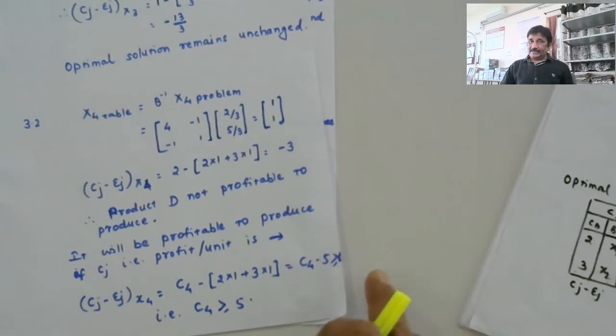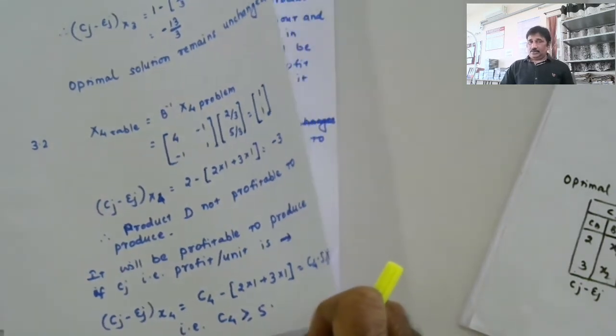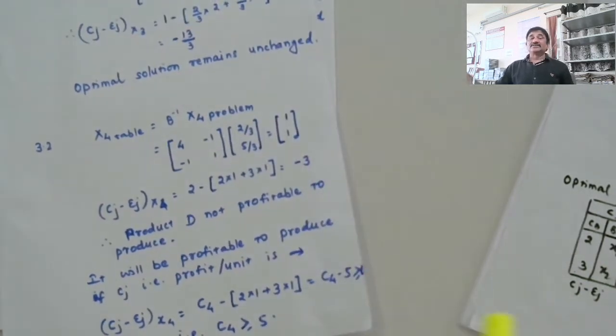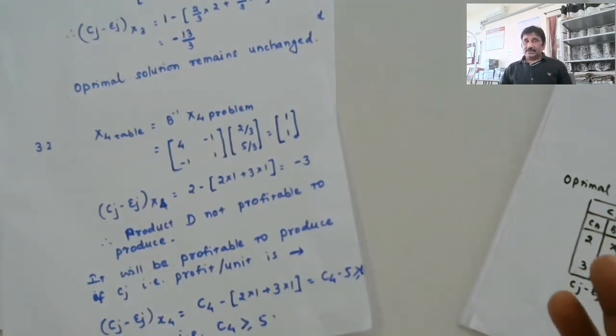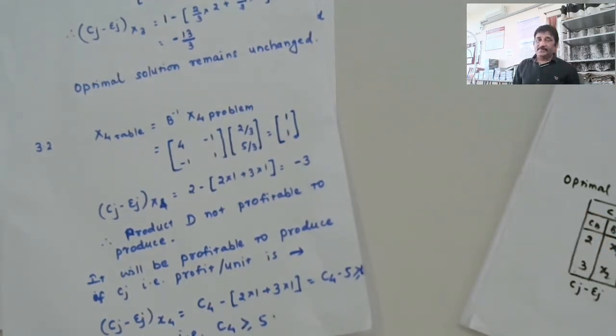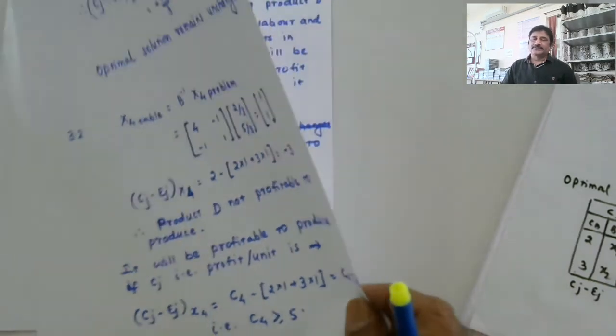So I hope you have understood how to handle the insertion of product at later times. Initially, we started with just 3 products, but as the industry grows, there comes some product. Like here, we have thought of product D. At some later time, we can think of product E, F, G, H, right? So we can insert the product in table even at later time. That is the learning from this second question.